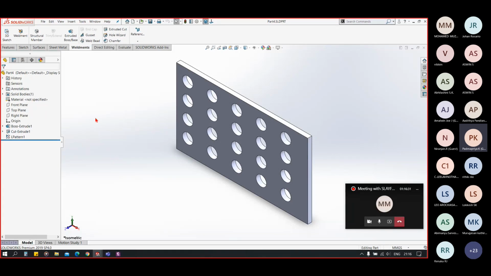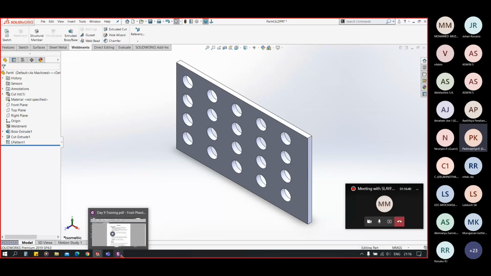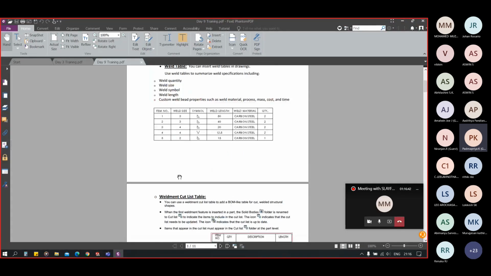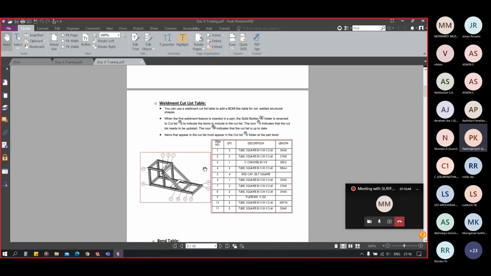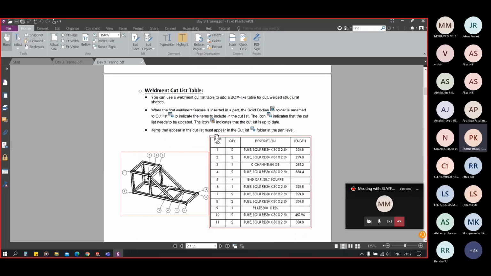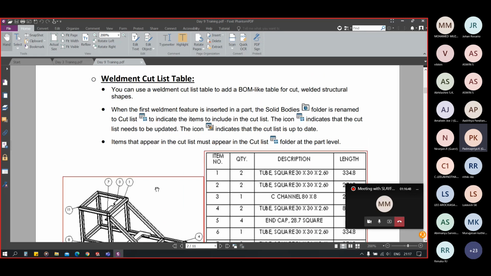To enable that, in the weldment tab, we can enable this by clicking on this weldment function. Now let's have some details about the weldment cut list. Sir will share this PDF with you and you can read the details about the weldment table.